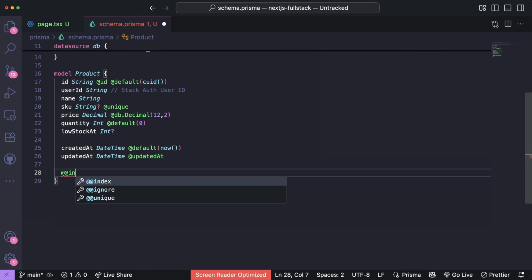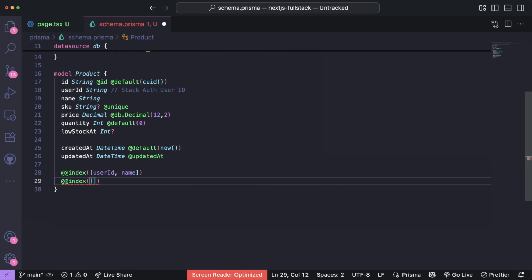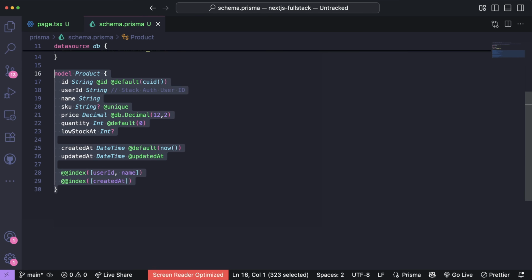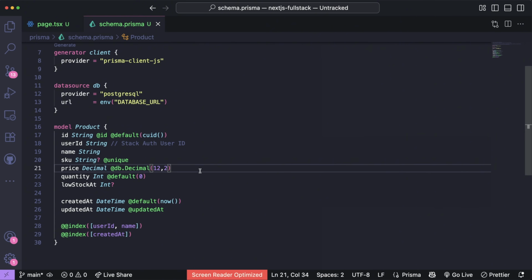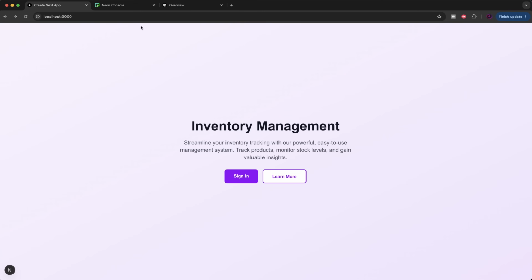To create one, you just create an index, you pass an array, and the two columns we want are user ID and name. And we also want to create another index, but this one is not a composite one. We only want to create it for one column. It's the createdAt column. So this should make it such that we are able to create our database table and save the information about the products. So now that we defined this, how do we send that